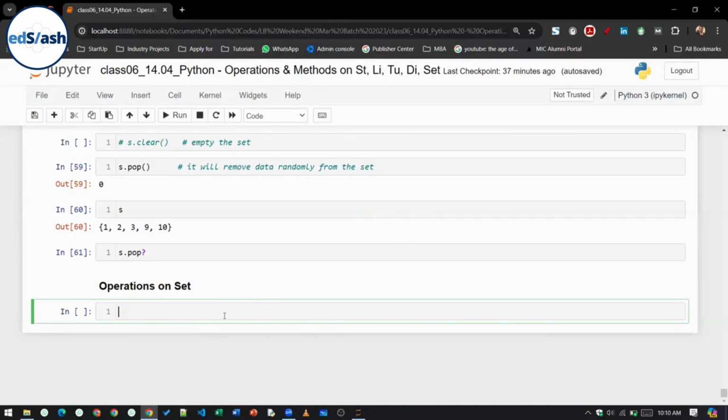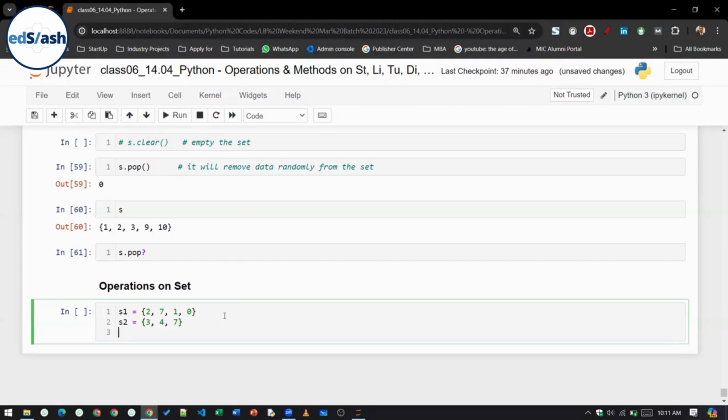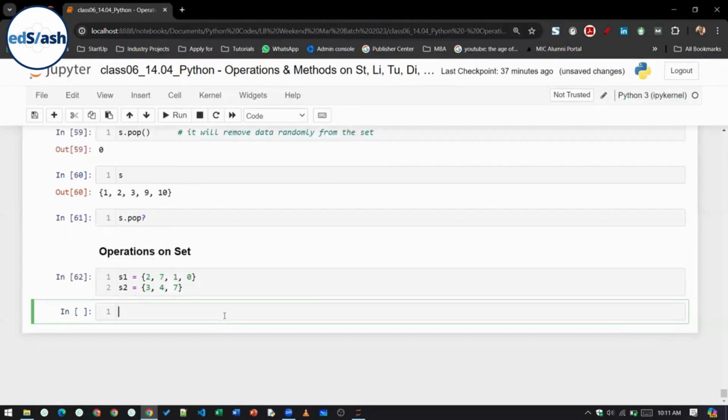Now, three operations we have to cover: union, intersection, and difference. Suppose we have a set S1 equal to 2, 7, 1, 0. There is another set S2 equal to 3, 4, 7. This data is there. Now if I write here S1 and S2,